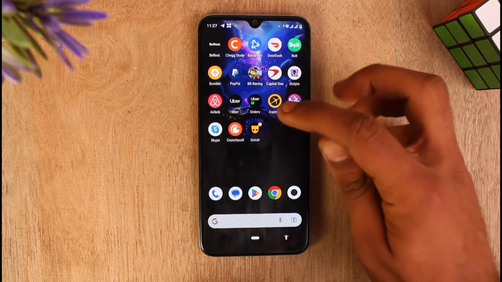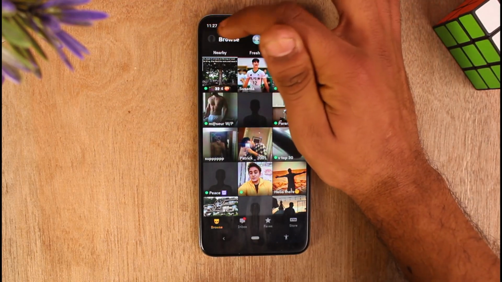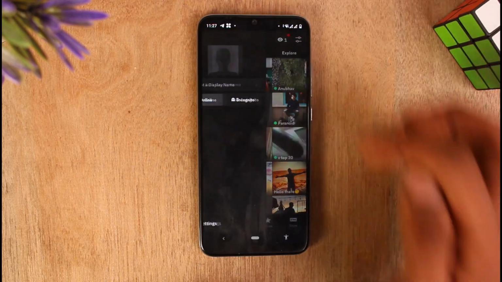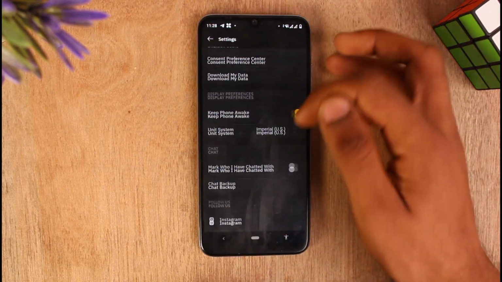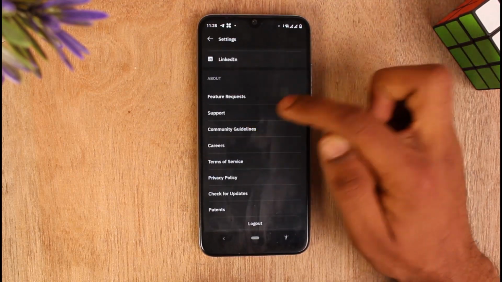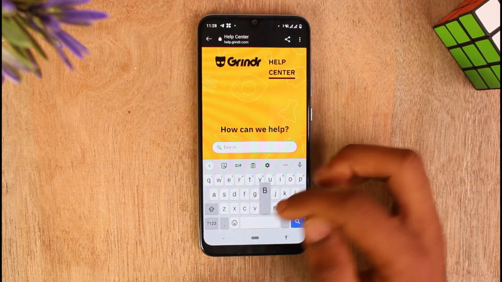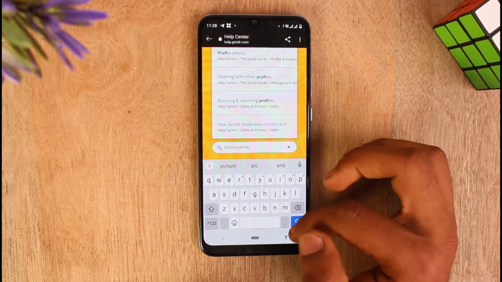So go to your Grindr application on your mobile device and make sure to log into your account, and now tap on your profile icon, which is at the top left side of the screen. Just tap on it and tap on the option that says settings and scroll down to find the option that says support. Just tap on support and now search for banned profile and go for it,